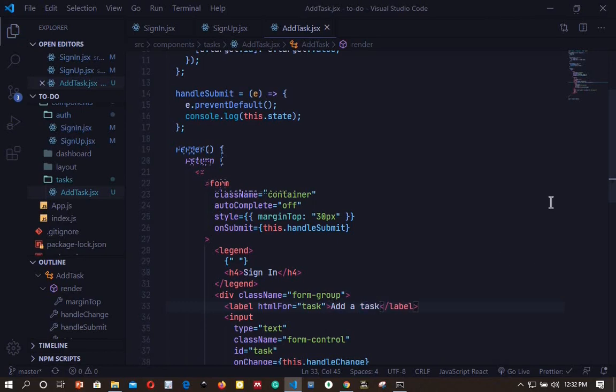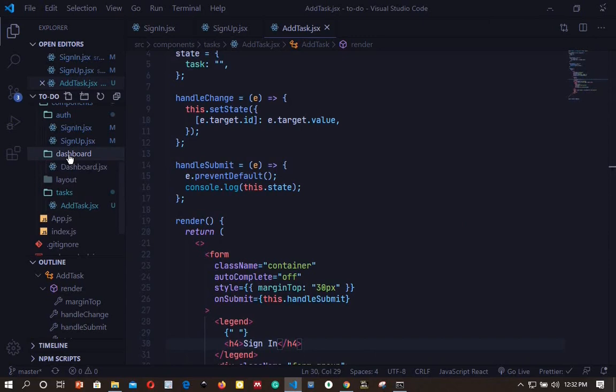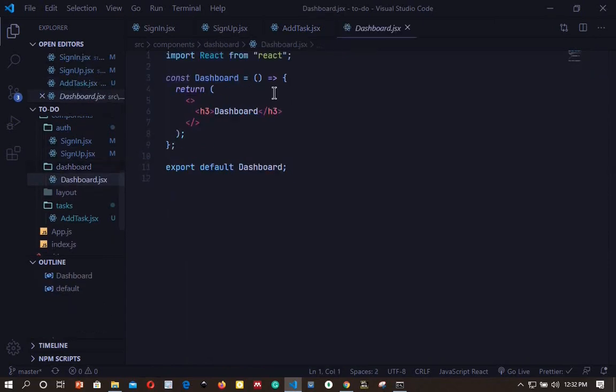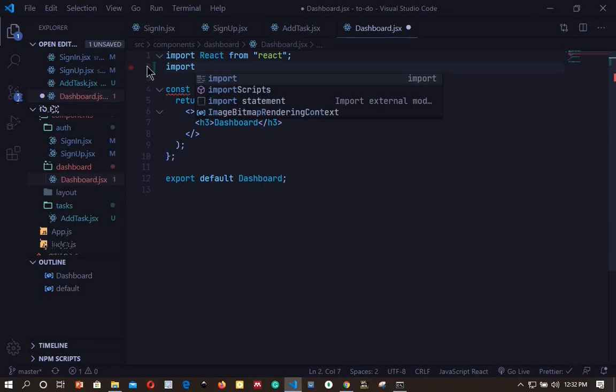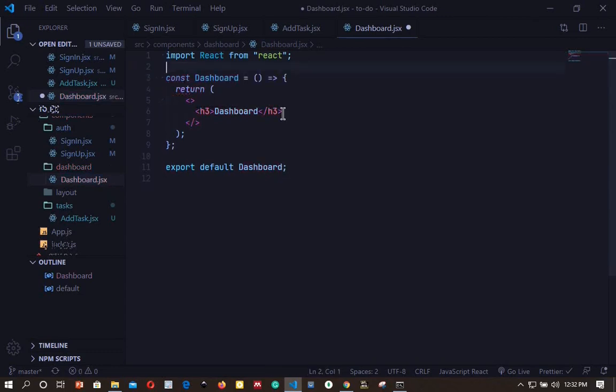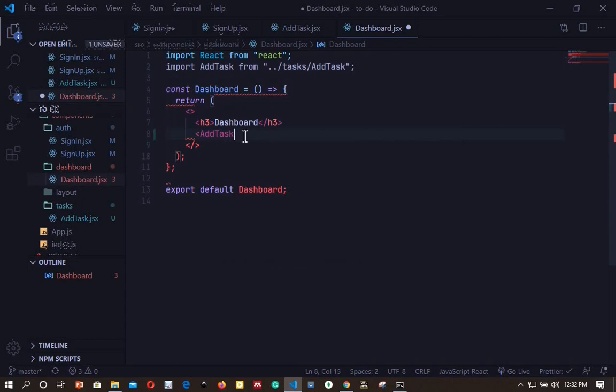I will save that, and we are currently not rendering this component, so let's import this component in our dashboard component. So import, actually I won't import this way. I'll just type the name of the component right here. So add task, and you can see that it was auto imported at the top there. So I will save this